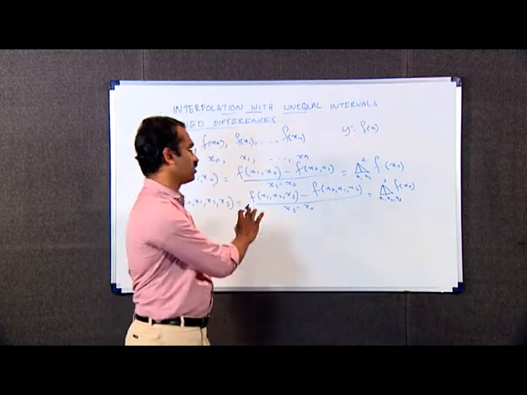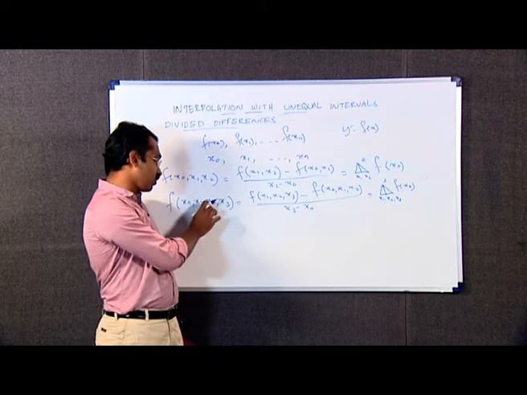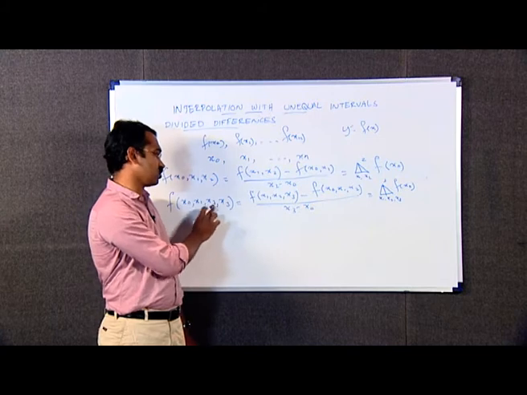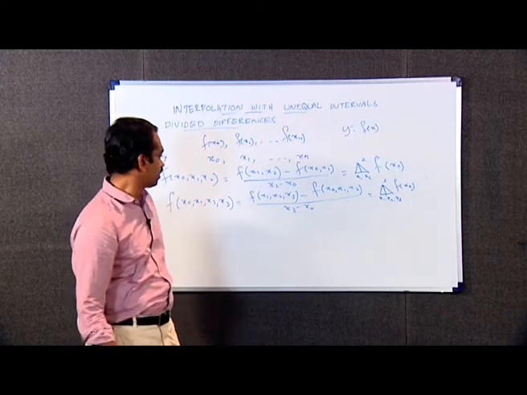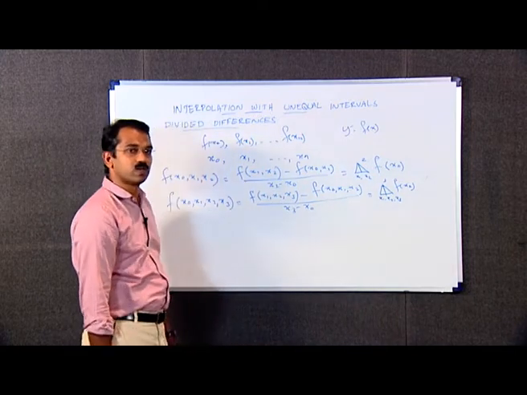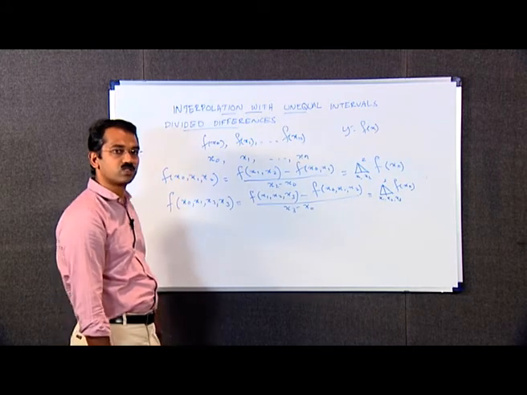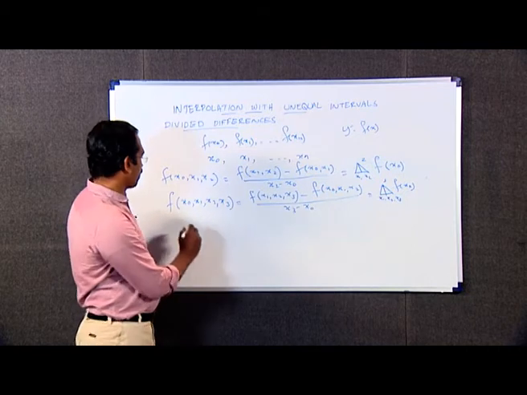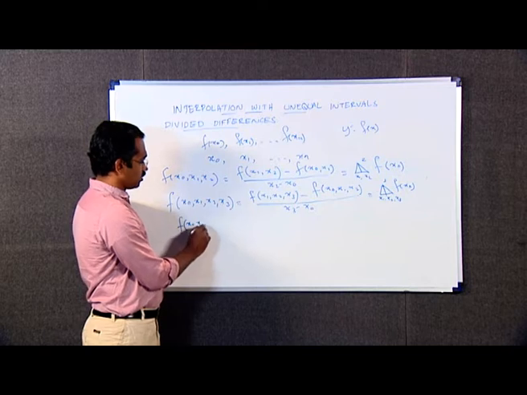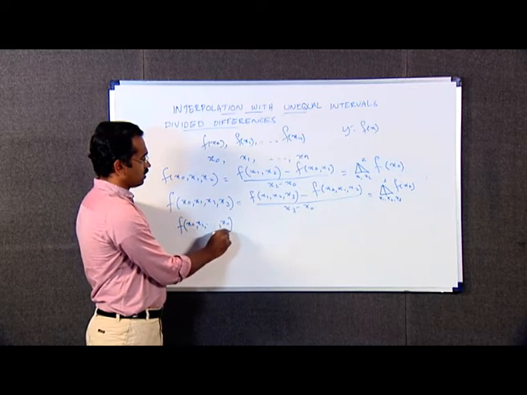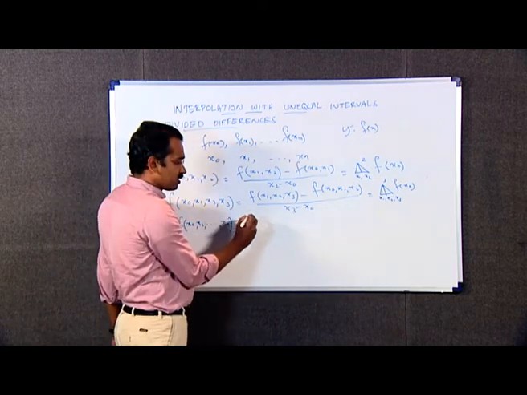This is the third order divided difference. In order to define this third order divided difference, we have to use 4 continuous arguments, that is x naught, x 1, x 2 and x 3. In general, the nth order divided difference corresponding to the n plus 1 arguments x naught, x 1, x 2 etc. x n is f of x naught, x 1 etc. x n is equal to f of x 1, x 2, x 3 etc. x n